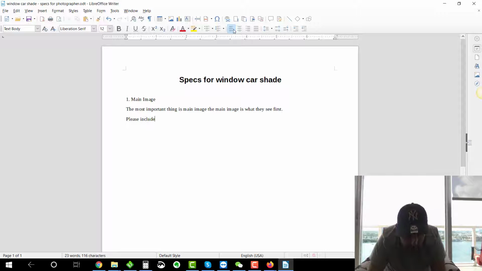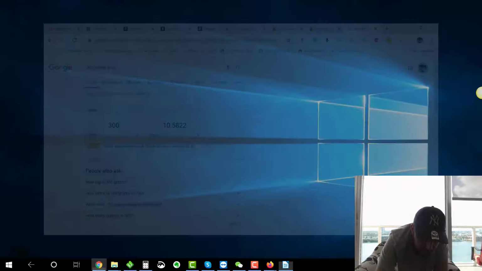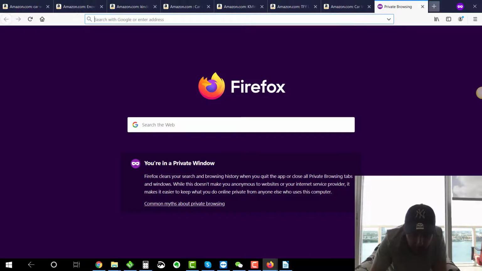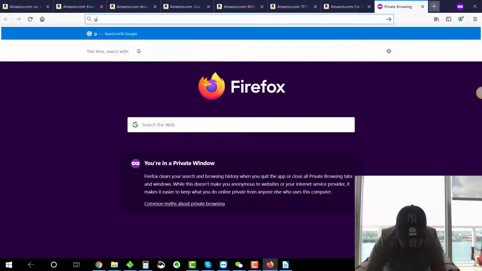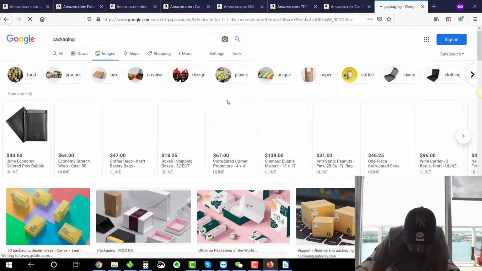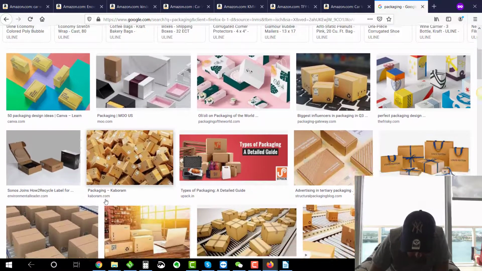Please include a picture of the packaging. Now, what I would like to do, again, to make things very clear, is go here and just include a picture or a screenshot of the actual packaging. Now we don't have a packaging here, so what I will do is show you an example. We'll just take a packaging image from Google and